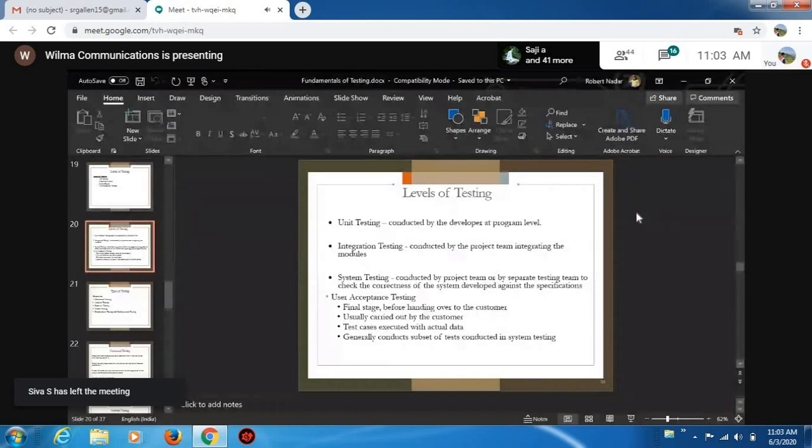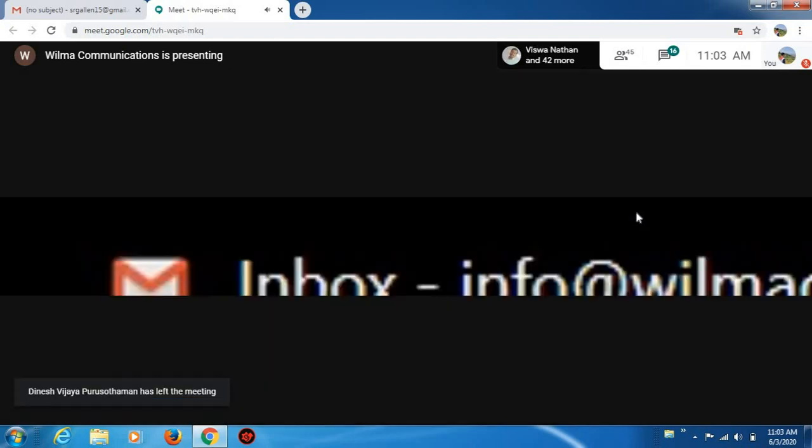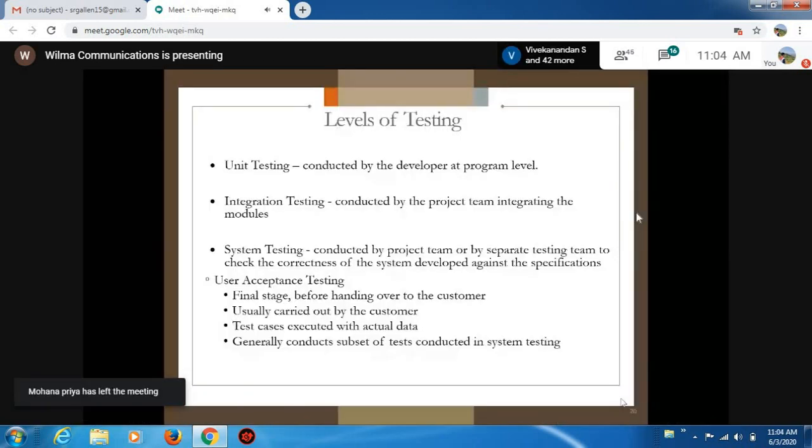In unit testing, we are going to check the individual component. If I take an example of an online shopping website, let me take a common functionality, that is login functionality. So login is one of the small components or functionalities.